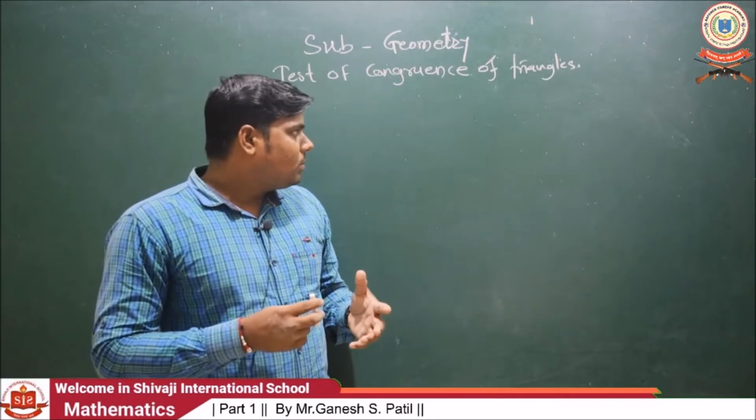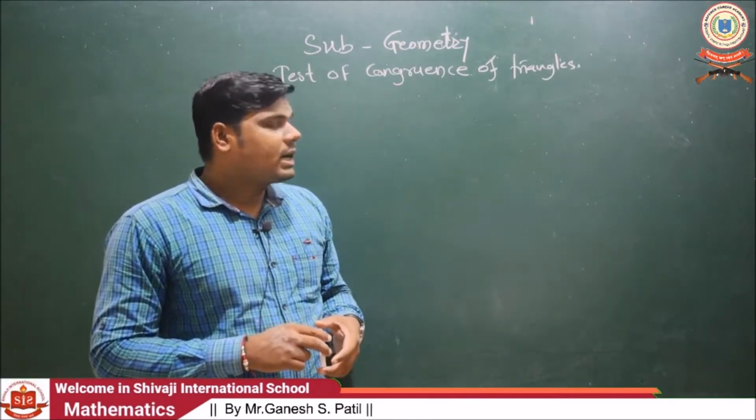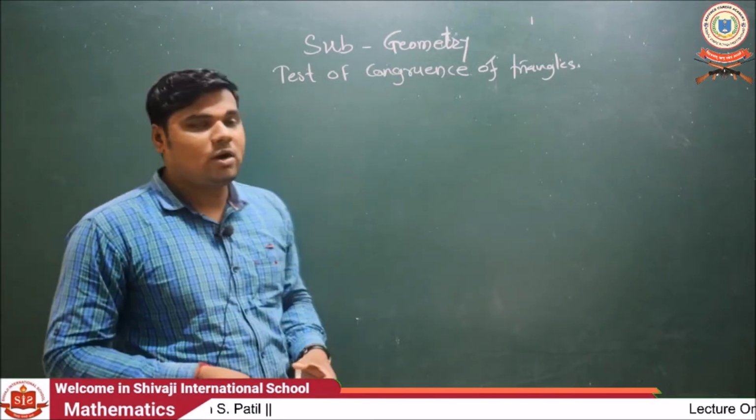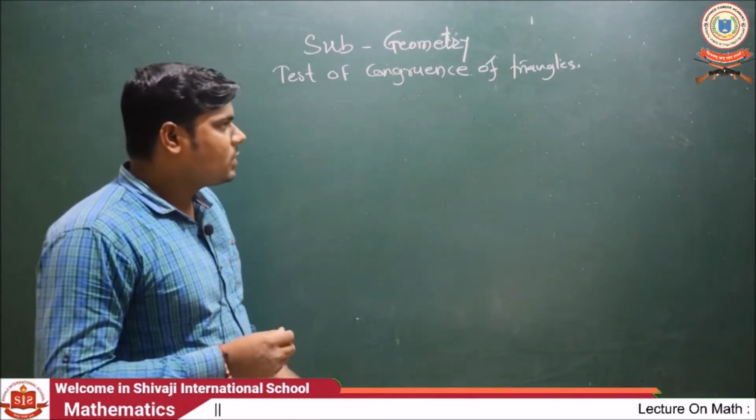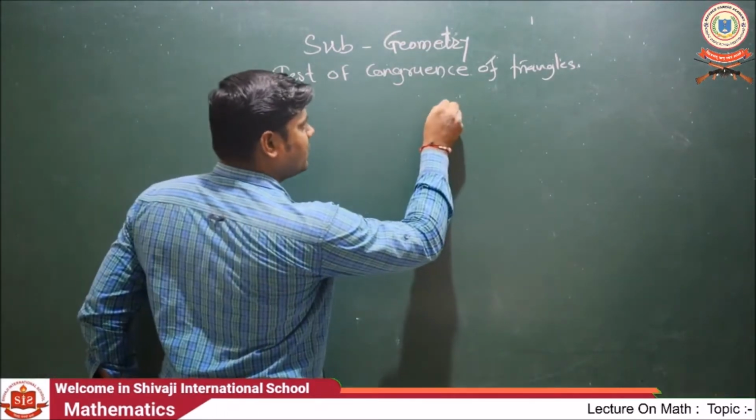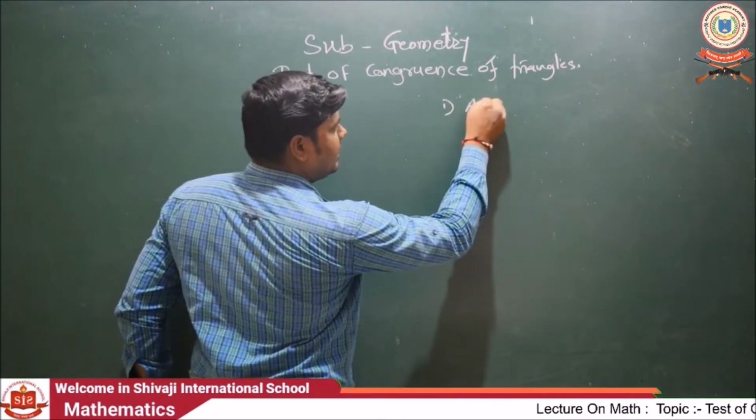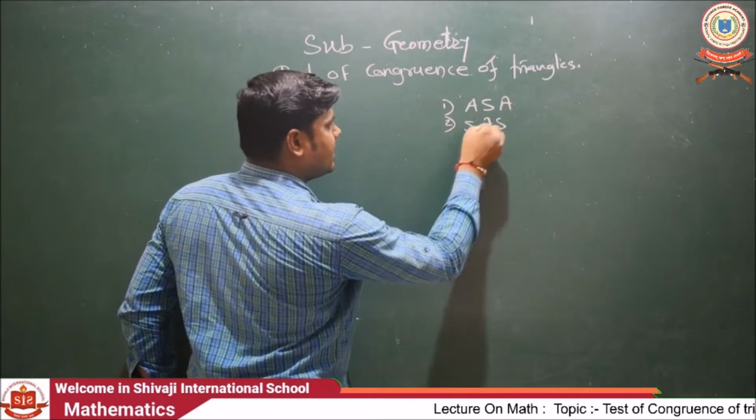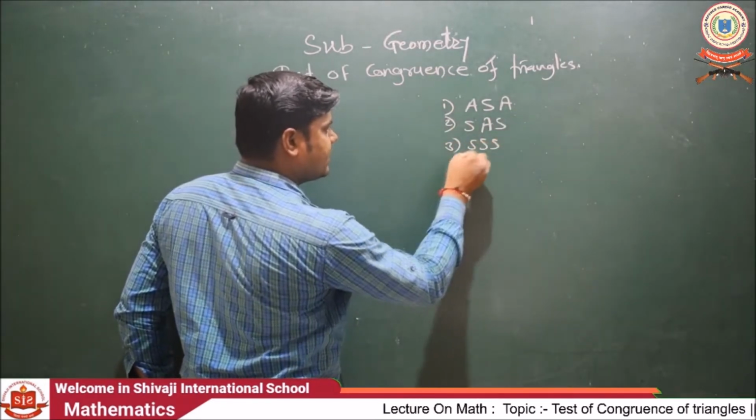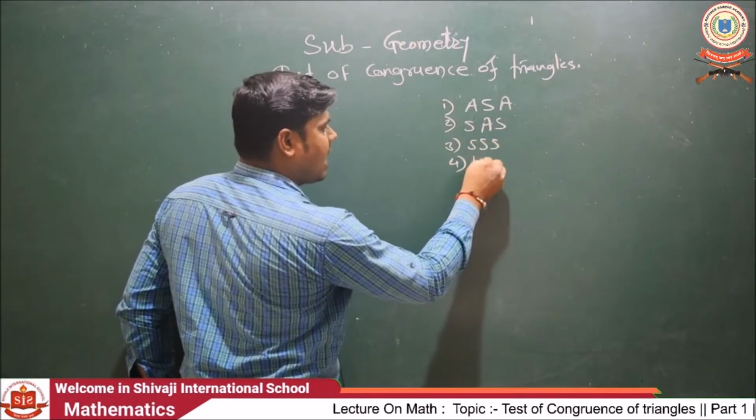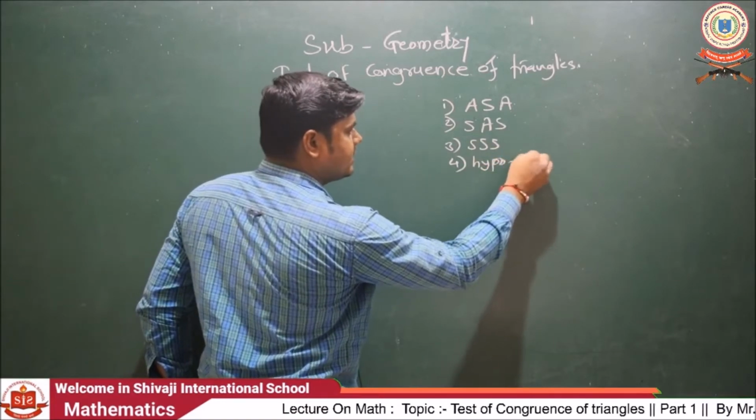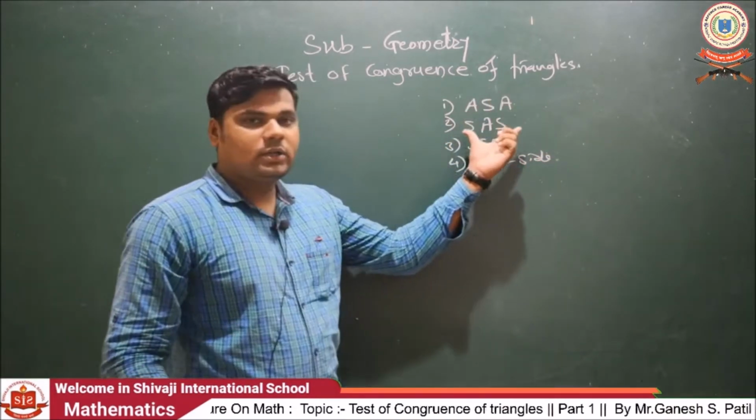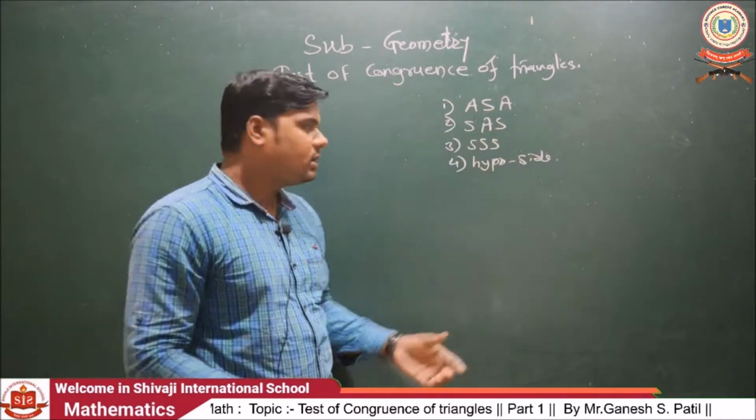The tests of congruence of triangles that we mostly use are: the first test is the ASA test, then the SAS test, the third one is the SSS test, and the fourth one is the hypotenuse and side test. Okay, now we are going to discuss them one by one. The first one is the